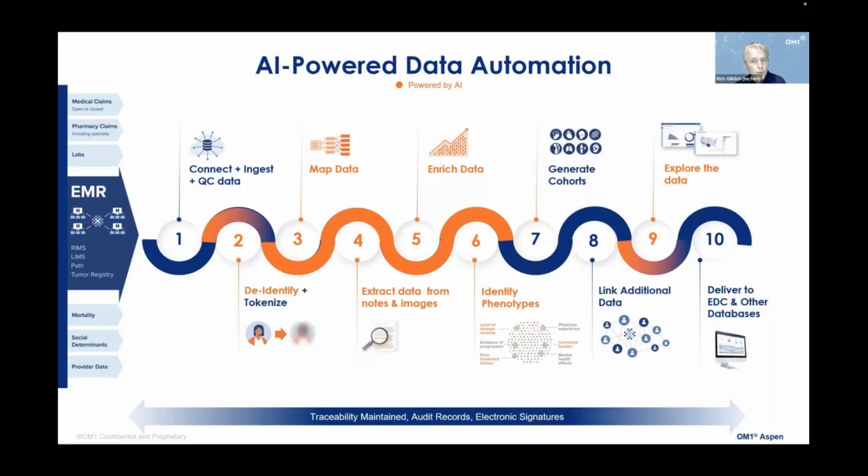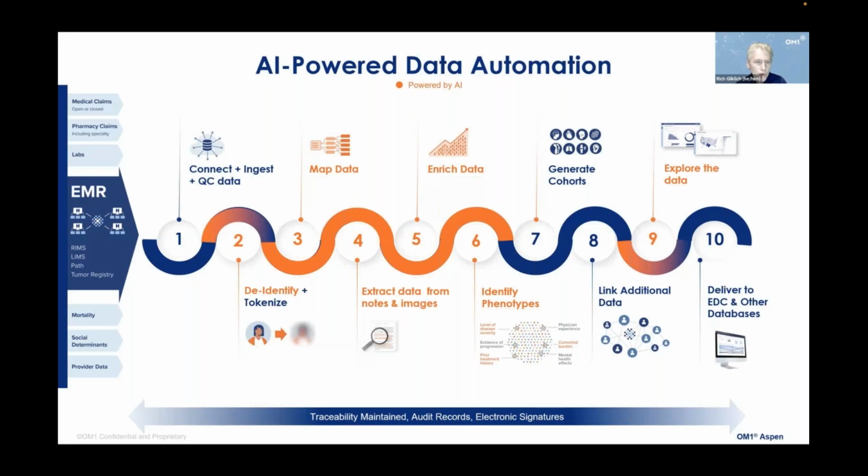The fifth step is to enrich that data. And by that, I mean enable there to be more outcomes, because ultimately what we want to understand from clinical information is endpoints and outcomes. And now there's a variety of techniques to enable us to do more of that, again, leveraging generative AI.